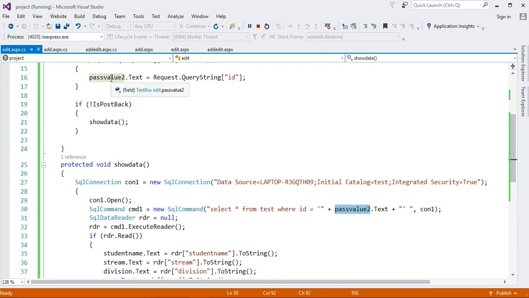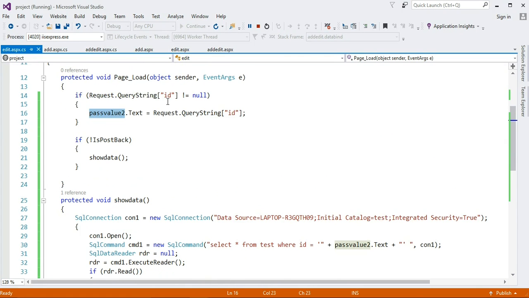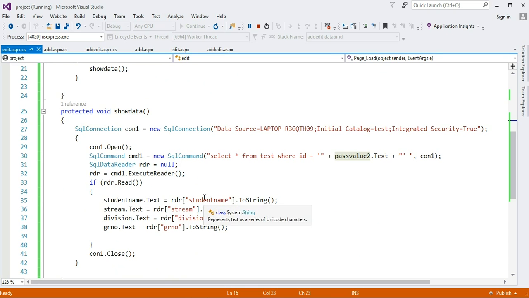Request query string id is stored into this text box, and this text box is equal to this id, so I will get that data from the database. The query says select star from test where id equal to this text box.